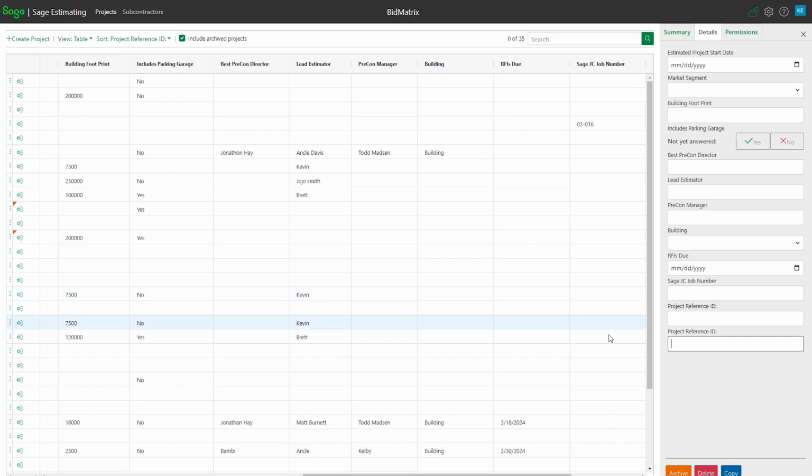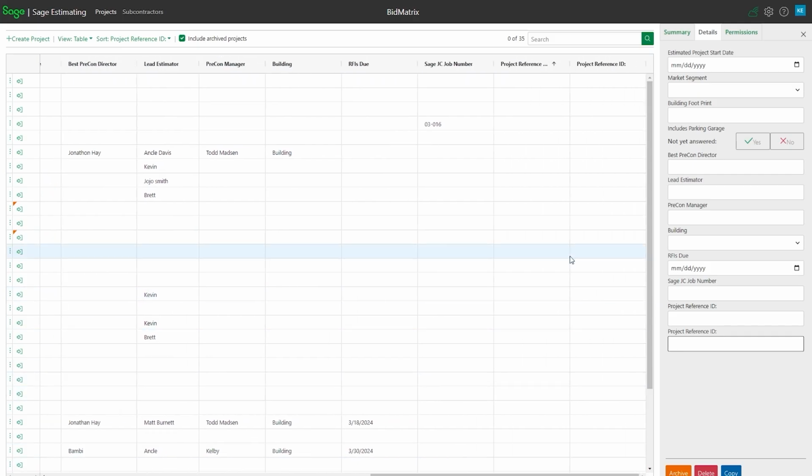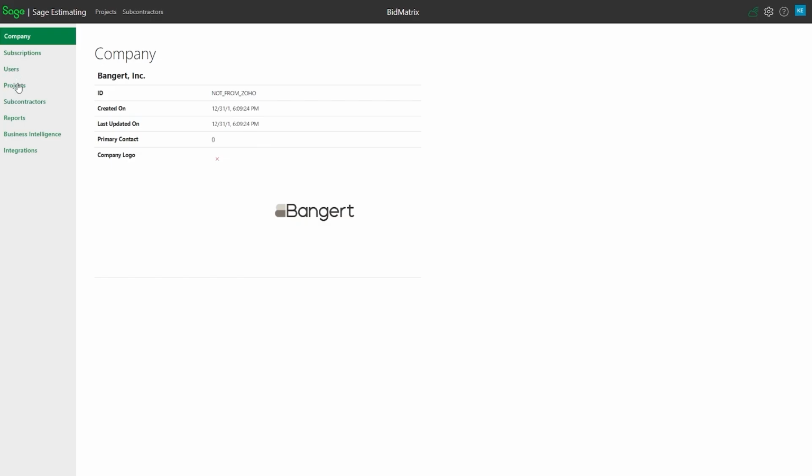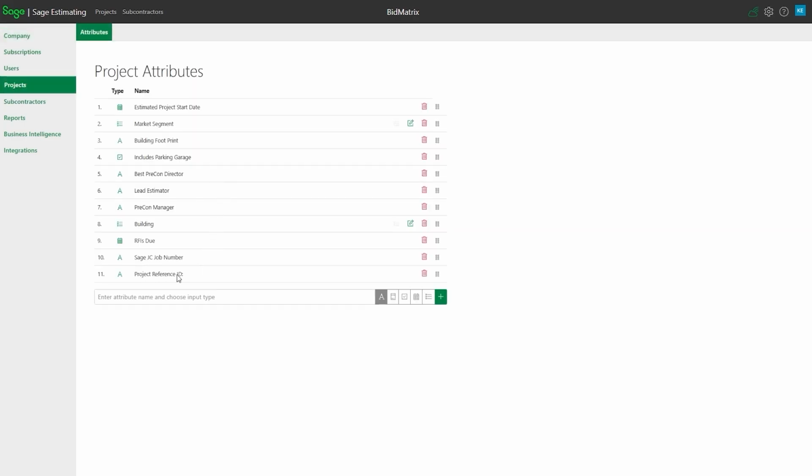And let's go ahead then, and where is my other one at? It looks like it's right there. So I'm going to take it out also. And now if I go back to my gear and back to projects and look at my project reference ID, if I hit my trash can there and delete it, it did not pop down here to show the deleted. In that case, no projects used it, so it got rid of it altogether.